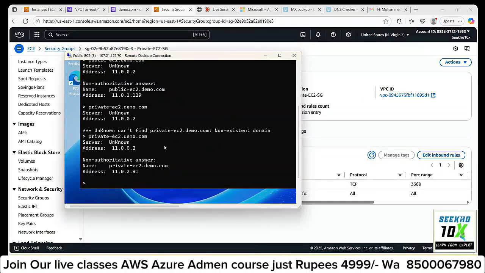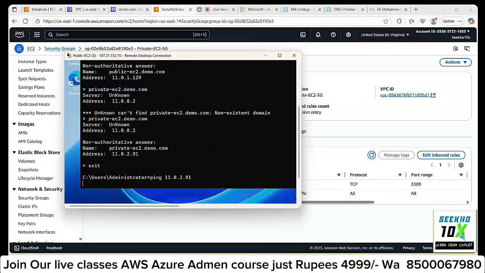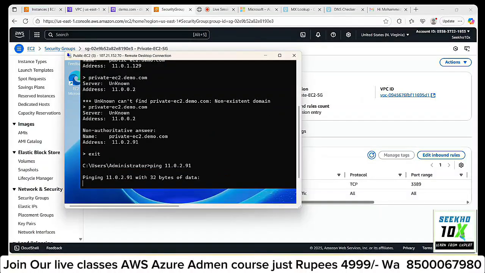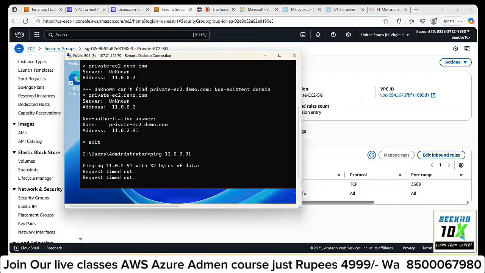So there was some issue with our security group. So I entered the rule, and I think now it should also ping. Ping 11.0.2.91. It's not getting ping, but it's getting authorized.